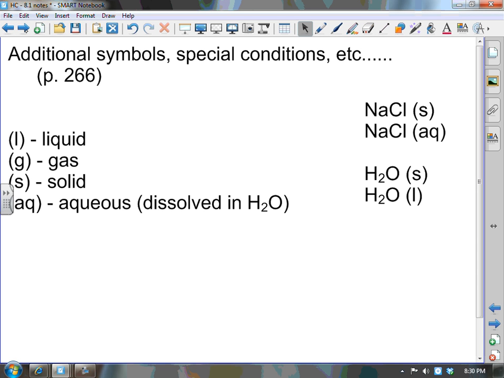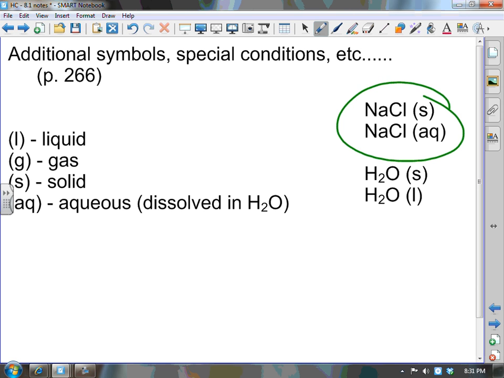There might be additional symbols or special conditions we want to emphasize within a reaction. The most common thing that we're going to talk about are what are called phases. When we write a chemical, we don't know if the chemical is a solid, a liquid, a gas, or whatever it is. So one of the first things we're going to talk about are these four symbols: liquid, gas, solid, or aqueous. If you see AQ, it stands for aqueous, which means the chemical has been dissolved in water. So just two simple examples here: